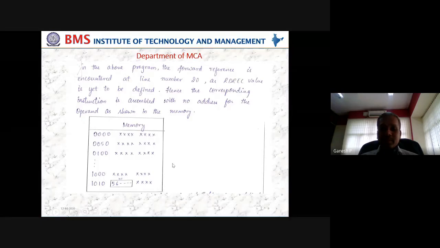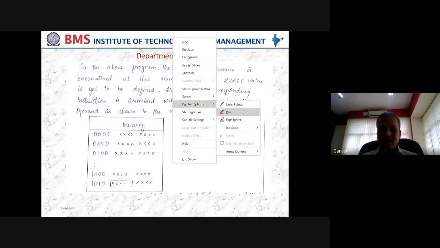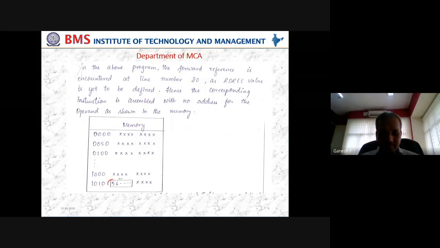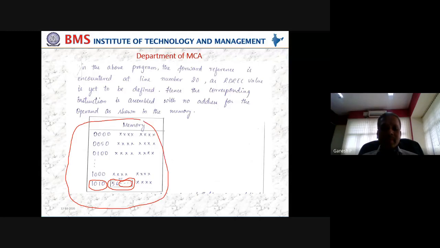So what I will do is mark that with dashes. While creating the object program, the specific thing related to RDREC at this address, I am not having the address of that because it is a forward reference. So temporarily a space is created in the memory because finally it has to be loaded into memory. While loading into memory, you are loading everything except the one which is a forward reference. So very temporarily, that space is kept vacant.